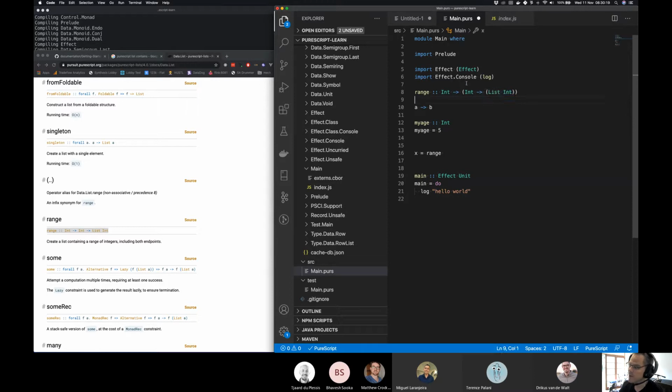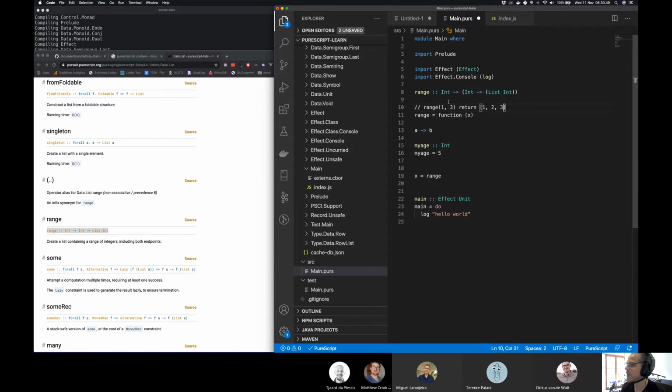However, when we decode it, it's kind of the same. We could write this in JavaScript. Let's do that actually. So we go, range is a function. Should I use the word function or should I use arrows? What do you guys prefer? Function. Function, taking an x. So this is how you would normally do a range. This is if it was totally naive, where we want something that goes range, and I go 1, 3, and that must return like 1, 2, 3, right? I don't know how range works, but I assume it's inclusive. It's probably exclusive anyway, whatever. That's what we want, right?